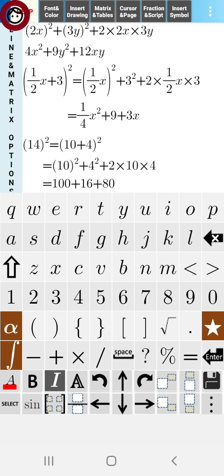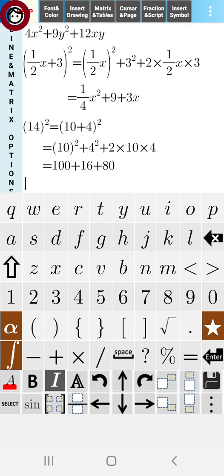Now we will add these values: 100 plus 16 plus 80. It will become 196. In this way we have seen how we can use the identity (a + b)² to expand the values given in bracket or find the square of any number. We will see how we can find